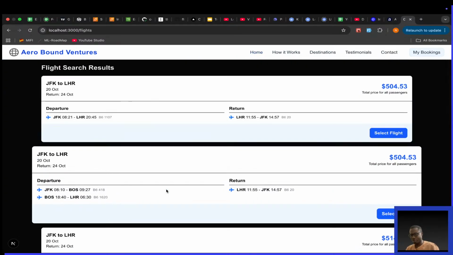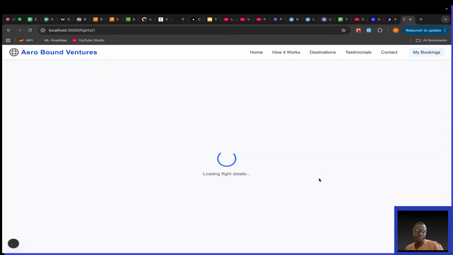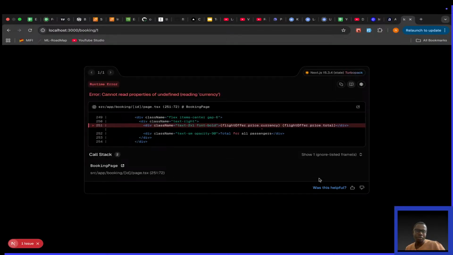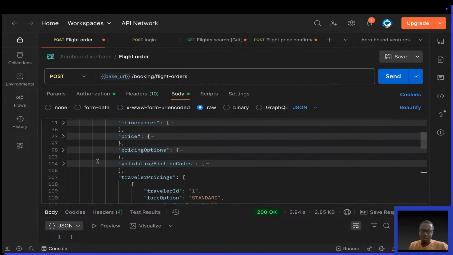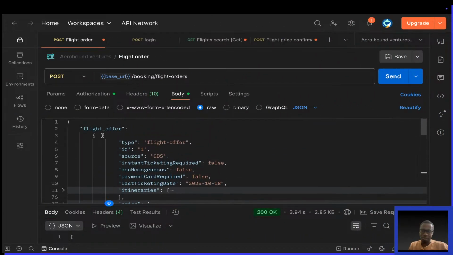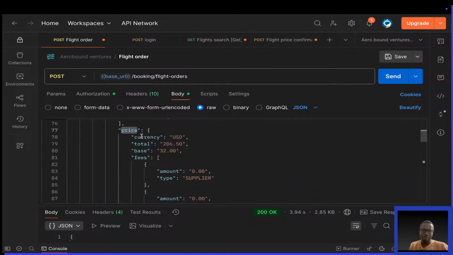Let's see. Okay. Selected flight. Confirm and continue. Okay. The error still exists. Let me look for this code. Flight offer.price.currency. If you look at a flight offer, flight offer dot price dot currency, it's actually there,